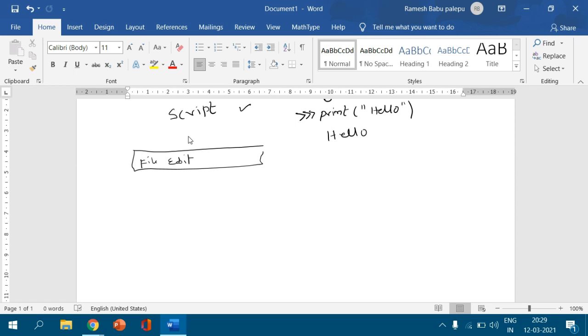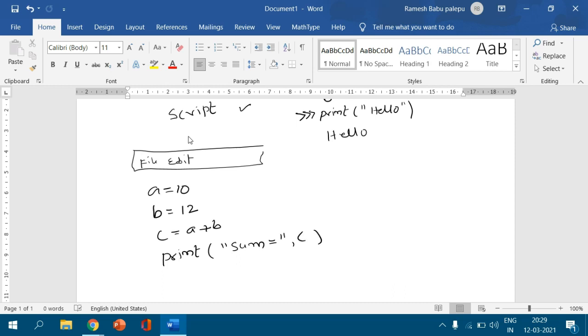Here let us consider I am going to write a value equal to 10 and b value equal to 12, and I write c equal to a plus b, and I type print sum of two numbers or sum equal to c.